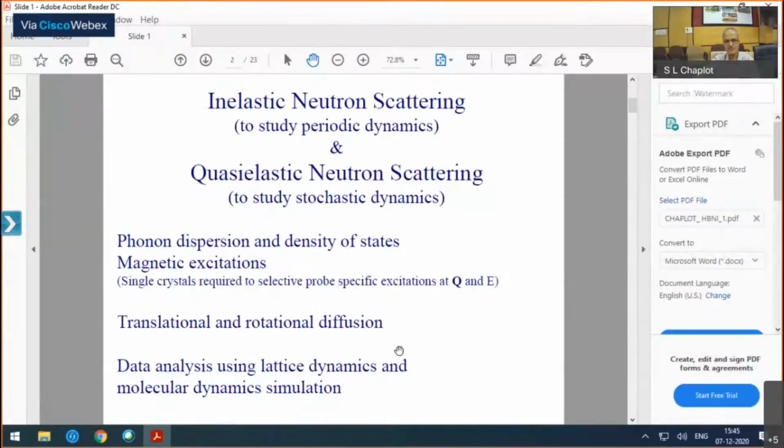There are also issues of the resolutions of the instruments, as I said, the energy ranges as well as the resolutions, and therefore which instruments to select to study one of these physics aspects. Again, we will look at that.